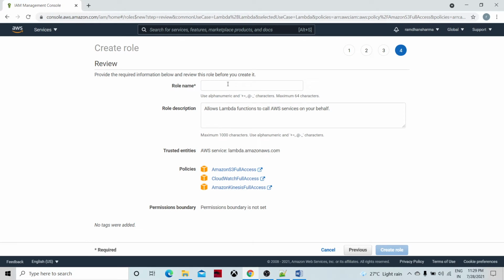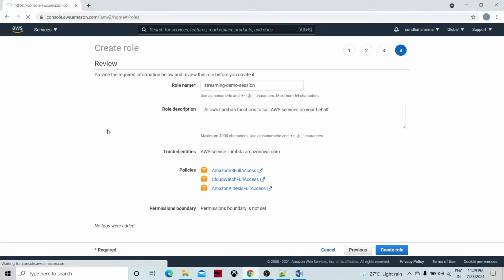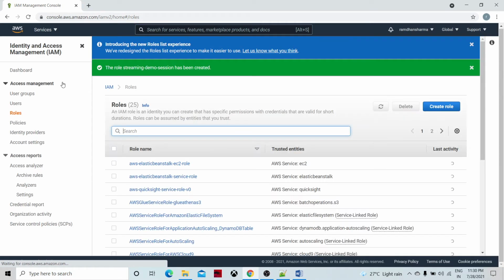I need to give some name to the role, so let me give the name streaming demo session. This is the role name I'm giving. You can see that we have three policies. This is the description, and I'm just clicking on create role. So the first work has been done, our role has been created.